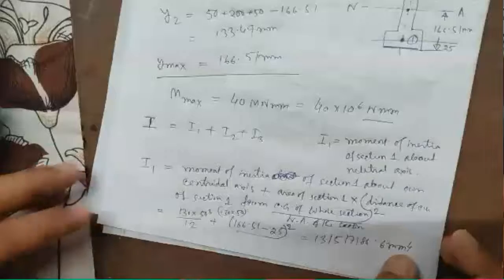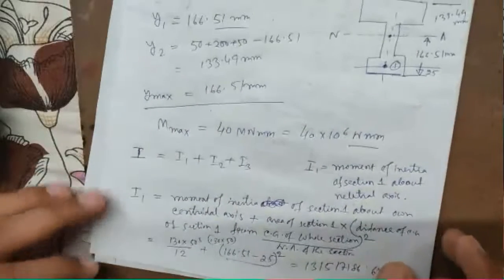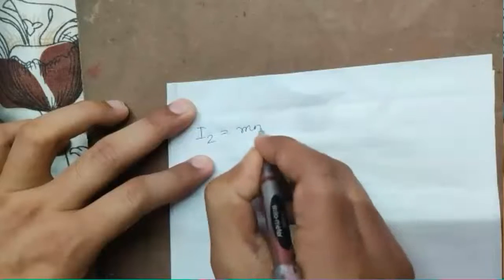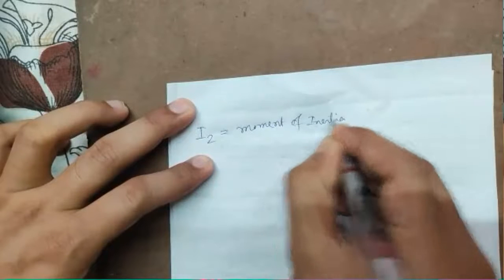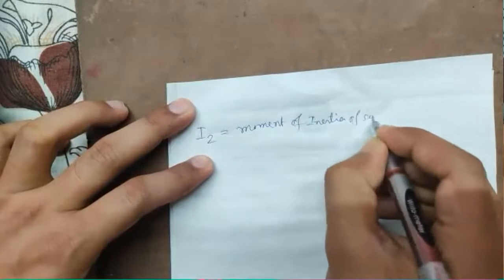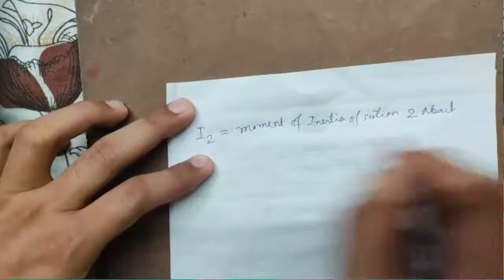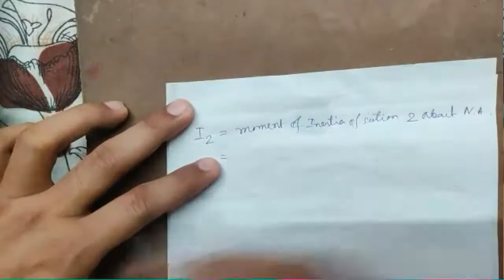Let us find out I2. I2 is the moment of inertia of section 2 about the neutral axis. So first let us write I2 is equal to moment of inertia of section 2 about neutral axis. That should be obtained by